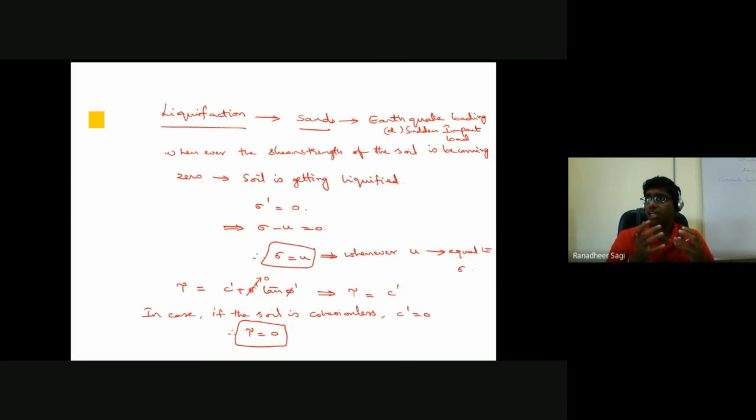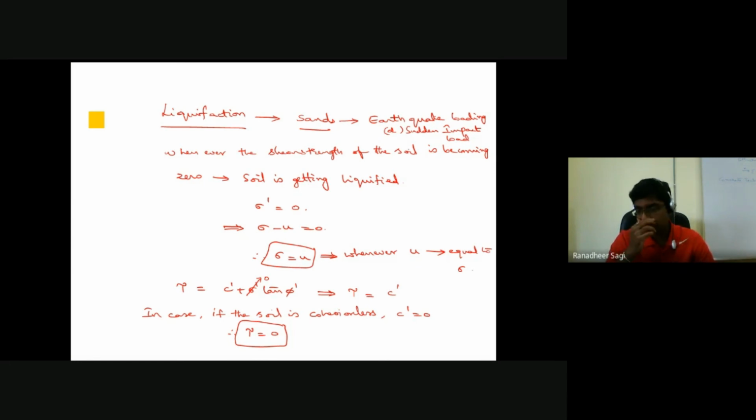There are different ground improvement techniques available by which you can modify the ground characteristics at that particular location where the soil is prone to liquefaction. By modifying that ground condition, you can try to minimize the effect of liquefaction there, and automatically you can ensure the design of a proper structure that withstands even earthquake loading conditions.